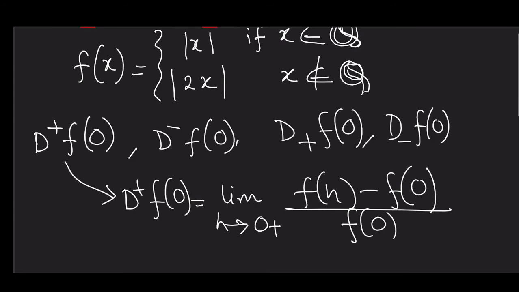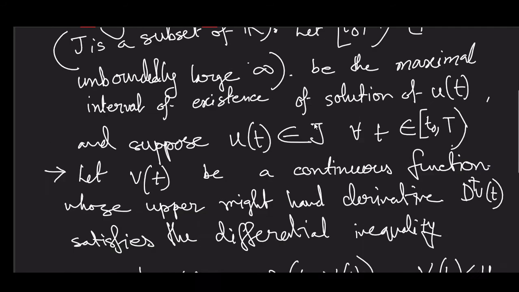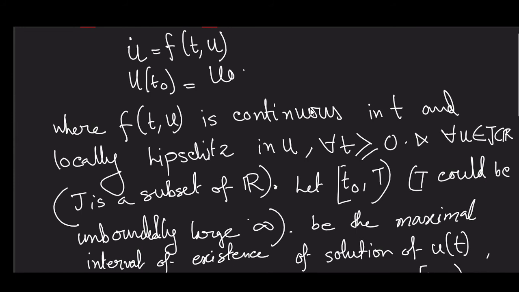again the claim of comparison lemma. Here what I wrote is that a function u dot is equal to f of t comma u, where we know the position of the initial or starting point u t naught. A function f t comma u is continuous in t and locally Lipschitz in u. So for all t greater than or equal to 0 and for all u belongs to J, where J is a proper subset of R,